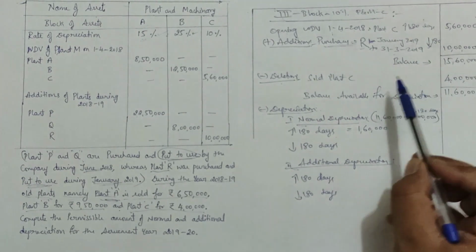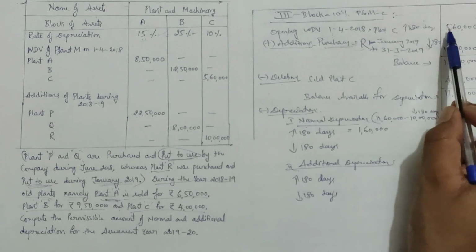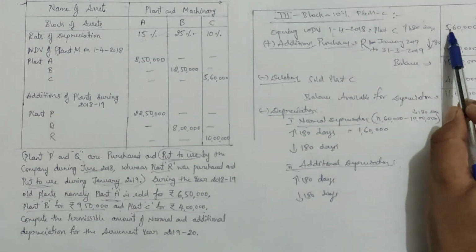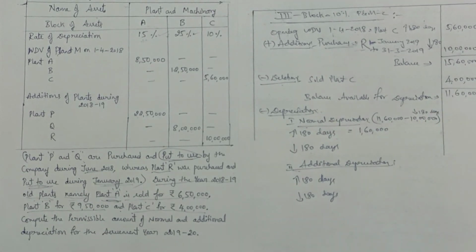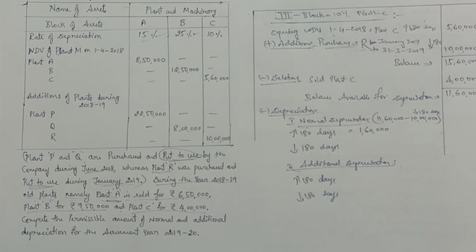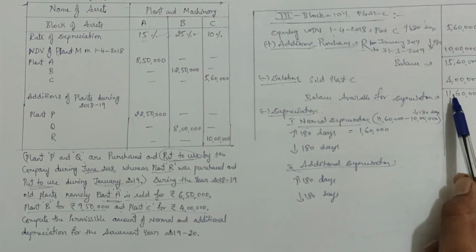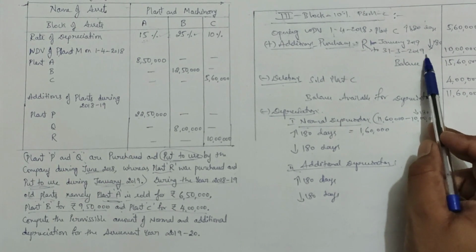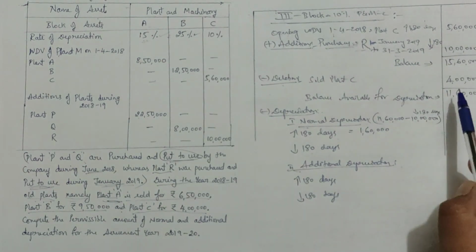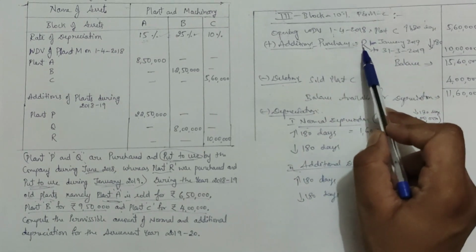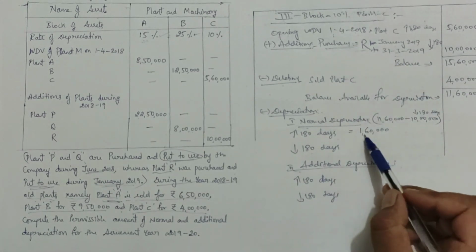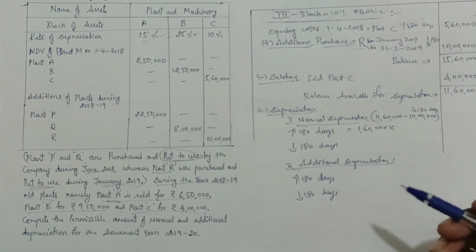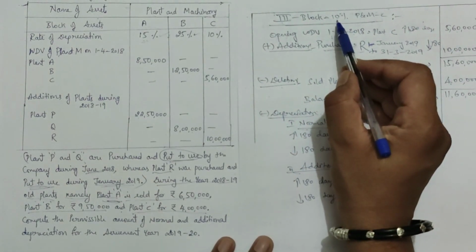So out of this, they have sold plant C only. I mean, we had 5 lakh 60,000 for plant C, and the same plant C they have sold for 4 lakh rupees. So out of 5 lakh 60,000, if you deduct 4 lakh, you will get 1 lakh 60,000. Okay, even you can calculate like that, or from the total balance we got, we need to deduct the plant value which has less than 180 days. So even then you will get the same value. Clear? So 11 lakh 60,000 minus this plant R 10 lakh. If we do that, you will get 1 lakh 60,000. So now this 1 lakh 60,000 has more than 180 days, right? So the rate of depreciation they have given is 10%.